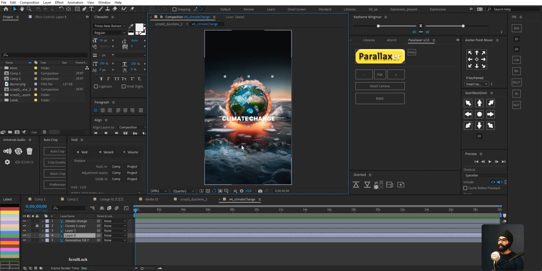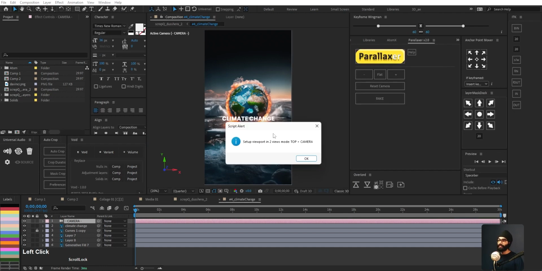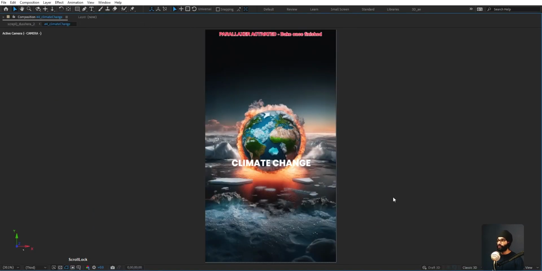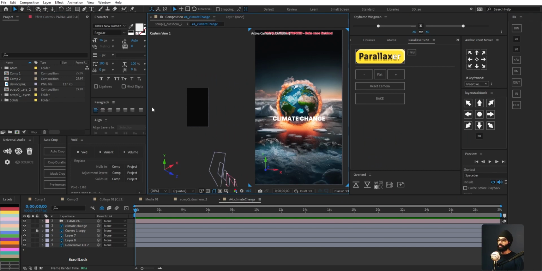How do you use the Parallaxer effect? So you want to just come in here and click on this big Parallaxer button. I don't know about these others, but small scene just works every time. Now the script will prompt you to go into two views here. So you come in here and make it two views. Okay. Now you won't see anything initially because you have to zoom out and